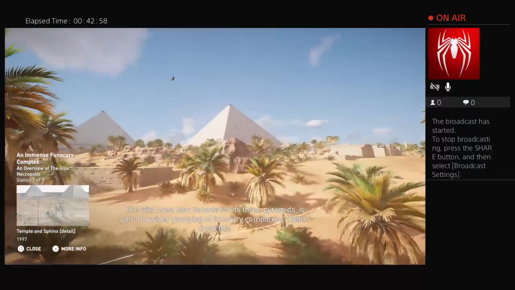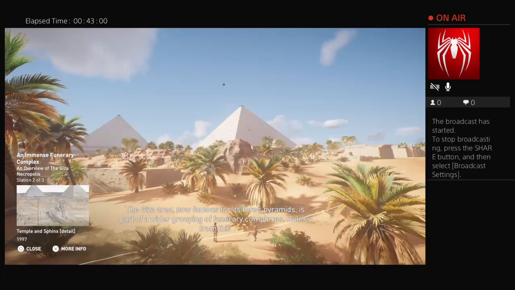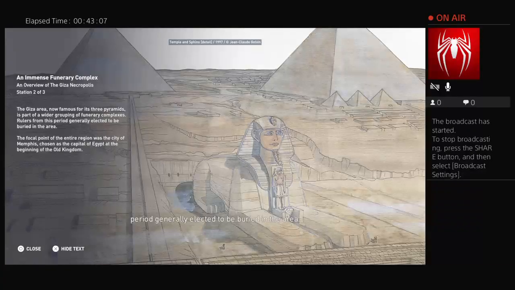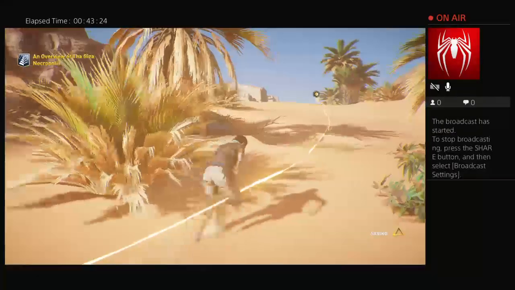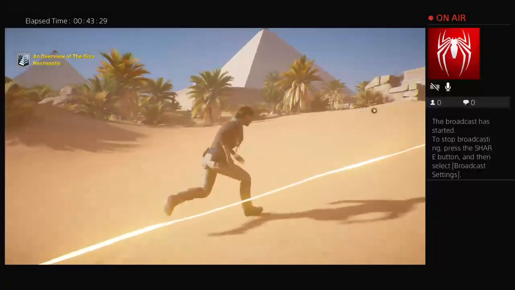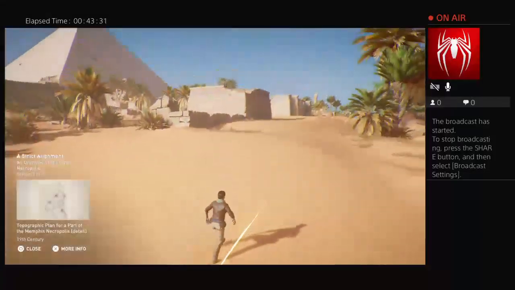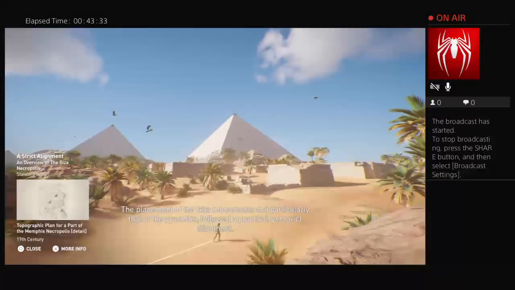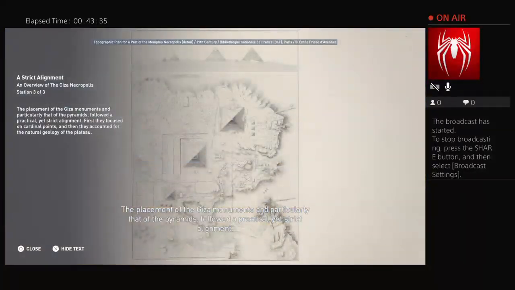The Giza area, now famous for its 3 pyramids, is part of a wider area where people sought to be buried. The focal point of the entire region was the city of Memphis, chosen as the capital of Egypt. The placement of the Giza monuments, and particularly that of the pyramids, followed a practical yet strict alignment. First, they focused on cardinal points, and then they accounted